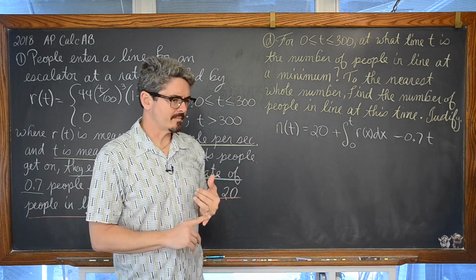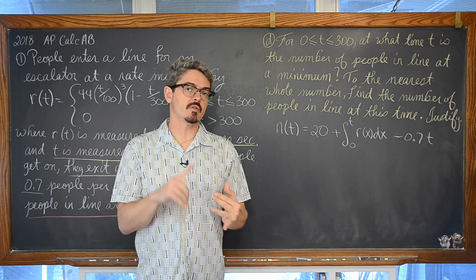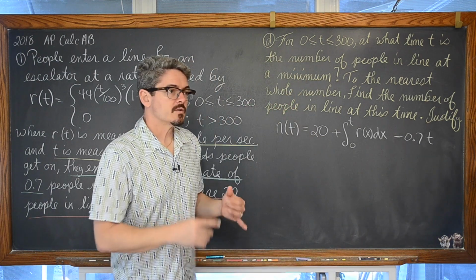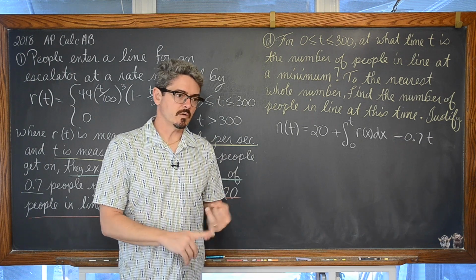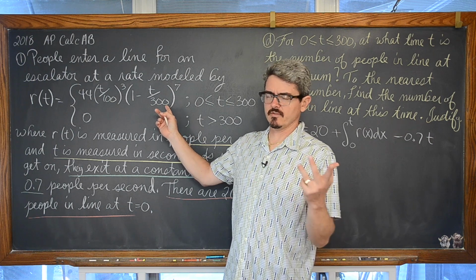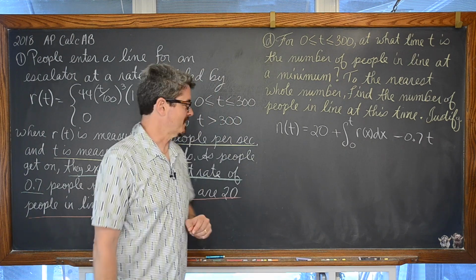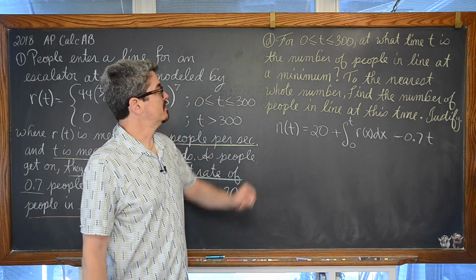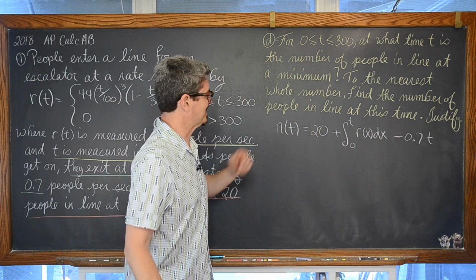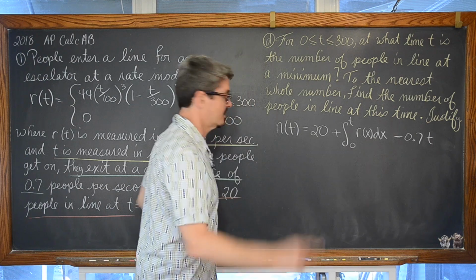And let's not forget, we're not going to be looking for sign changes of some order for a first derivative. We're looking for just where is the first derivative either equal to 0 or undefined. And this function is not going to be undefined anywhere. So we're going to find out where that first derivative is equal to 0. If this function's undefined, then the derivative wouldn't exist. We're going to be looking at where the derivative is either 0 or undefined. And then plug those values into the function that is describing the number of people in line for each of these endpoints and for each of the critical values for this function's derivative.